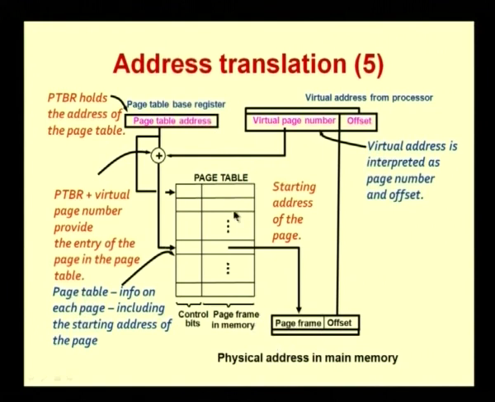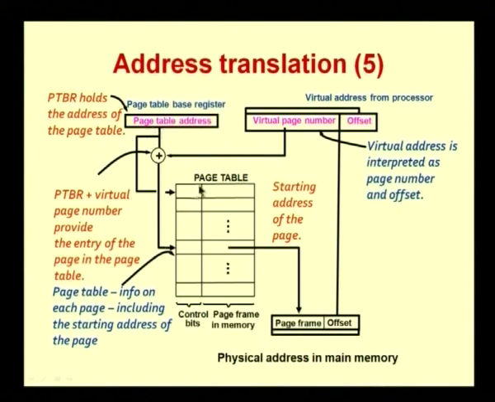Okay, so this page table, if you look at it, each entry will have a certain number of control bits plus the actual address which is required to access the page in memory. So these are the various components that we have. Actually, this is a very simple translation. All we have is, we just look into the page table, look at the corresponding entry, and get the corresponding physical address. The only thing is, we have a page table base register to point to where exactly the page